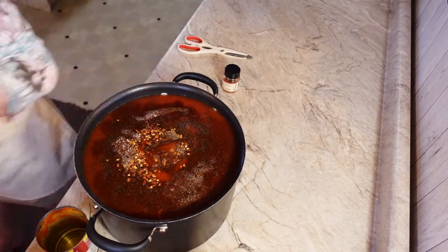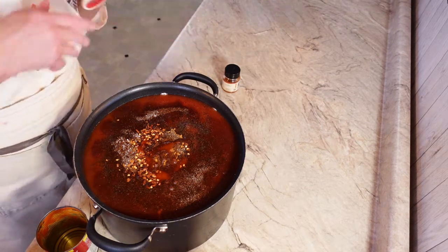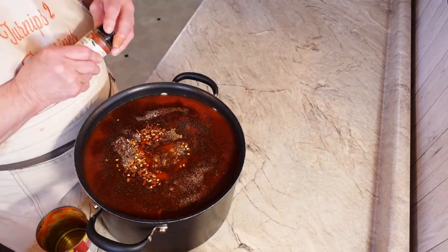Wow, I got pepper in my nose. Woo-wee. Wow. Oh, that'll clear out my sinuses for sure. Okay. That's like, whoa. And then this I'm going to add,